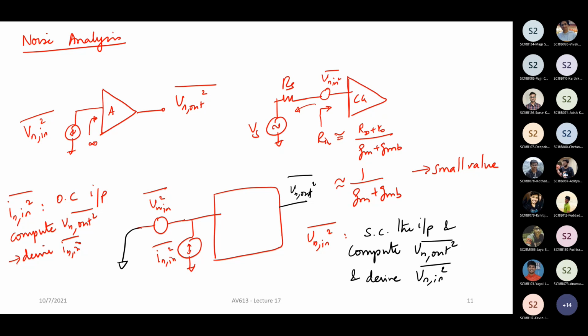So the key takeaway from this is that when you have an amplifier where the input impedance is not very high, when the input impedance is low, you cannot just denote the noise power spectral density with just an input referred voltage power spectral density. You also have to bring in the current to account for the effect of the overall noise performance on the source that is driving it.